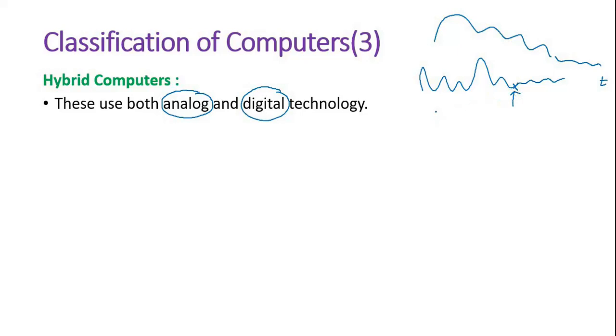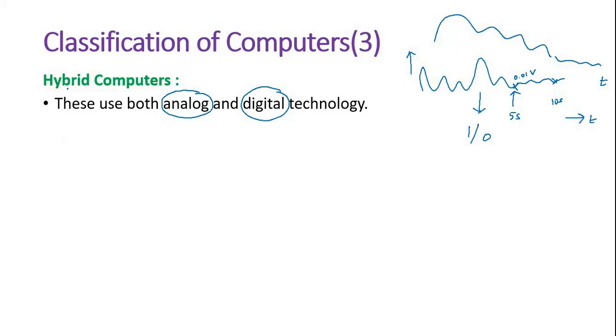Say for example, this is at time 5 seconds. If you measure the amplitude value, it is 0.01 volt, something like that. For 10 seconds, if I measure, it will have some other amplitude value. So time versus amplitude is continuously varying. Whereas digital, I cannot give this signal as it is. I'm going to discretize this and represent the same information in ones and zeros. This is basically analog and digital.